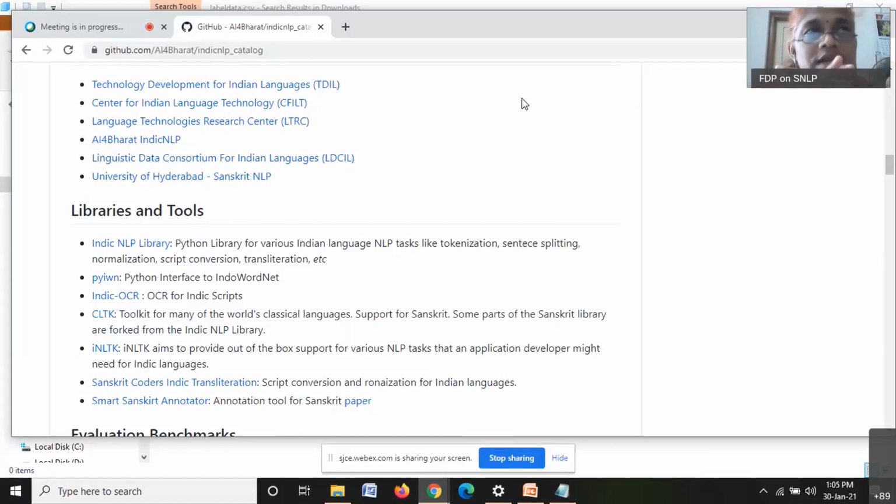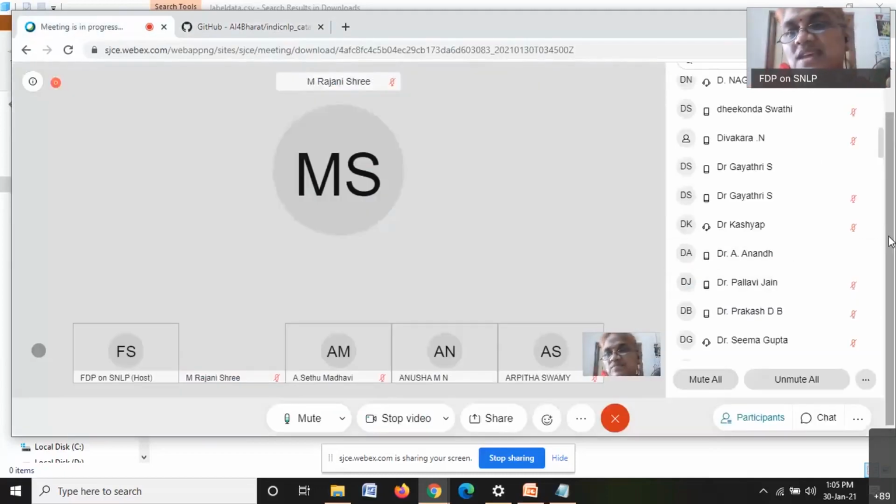But when it comes to resources, what I personally feel is, let us make the resources available. Whatever resources we are using now are not resources created by us. Somebody else has done it. So it is our responsibility also to create some resources and make them available. If all cannot create resources, whoever has created a resource, if they make it available to the public, others will make use of it. Okay, ma'am, thank you. Thank you once again, madam.